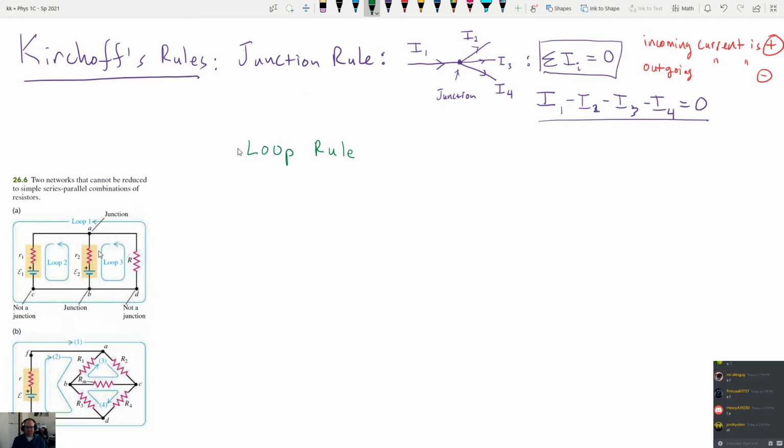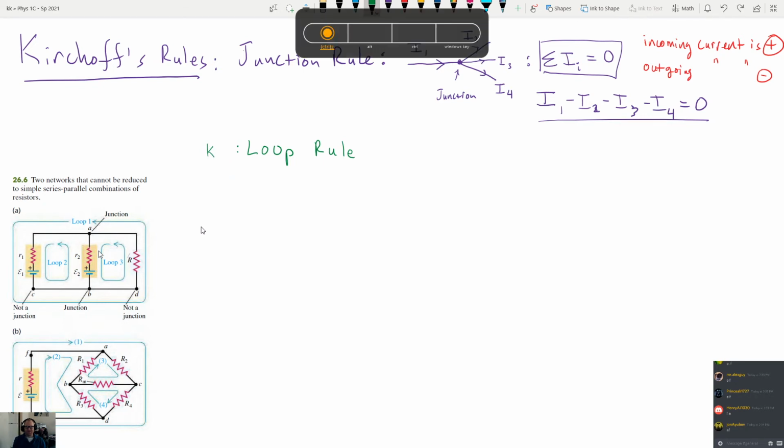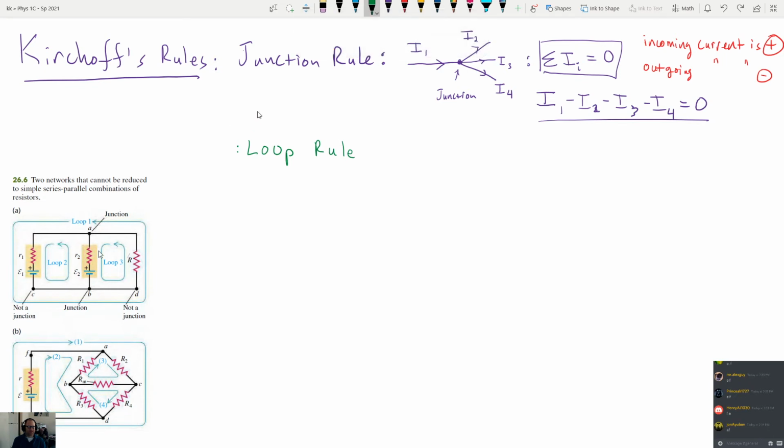I think this one is sometimes shortened to KVL, like Kirchhoff voltage loop or something like that. I can't remember exactly, but you'll see other names for these things. They mean the same thing. Okay, so the loop rule states